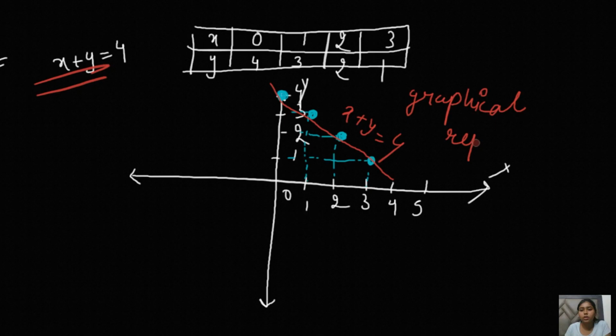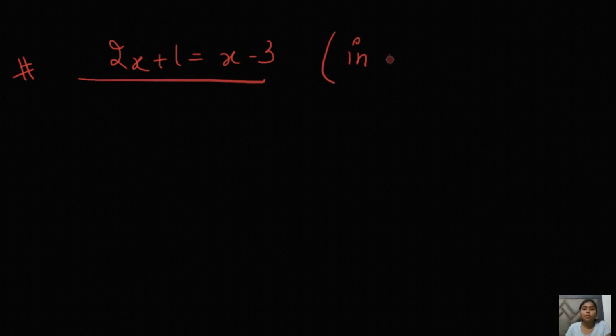Okay, so in the next slide I am showing you that, apart from the Cartesian plane, there are also other things, like the number line, right? So basically, if only one variable is given, then in that case you have to plot a number line, right? So how can you plot a number line? Our given equation is 2x plus 1 equals x minus 3. This is the given equation. As you can see, this is in one variable.